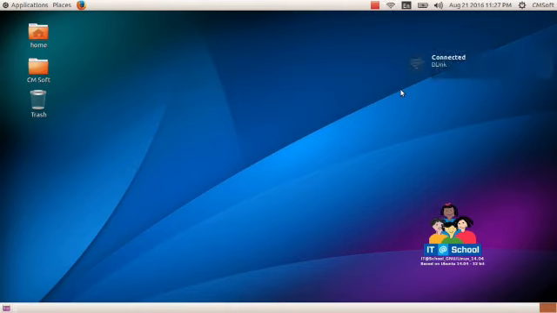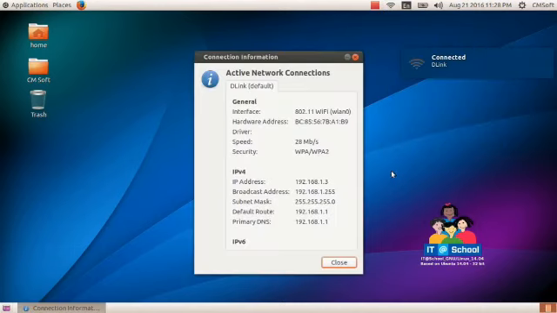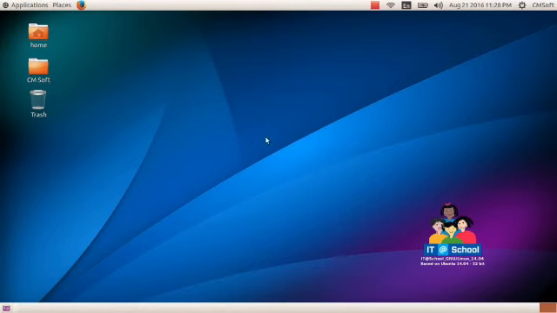Okay, it should be connected. Then take NM applet, then connection information. We can see the IP address, netmask address, and all the information about the network there. Then find the IP address.